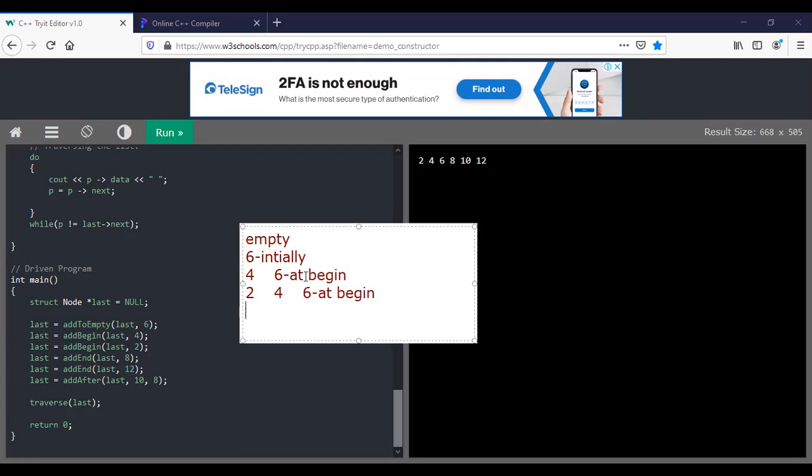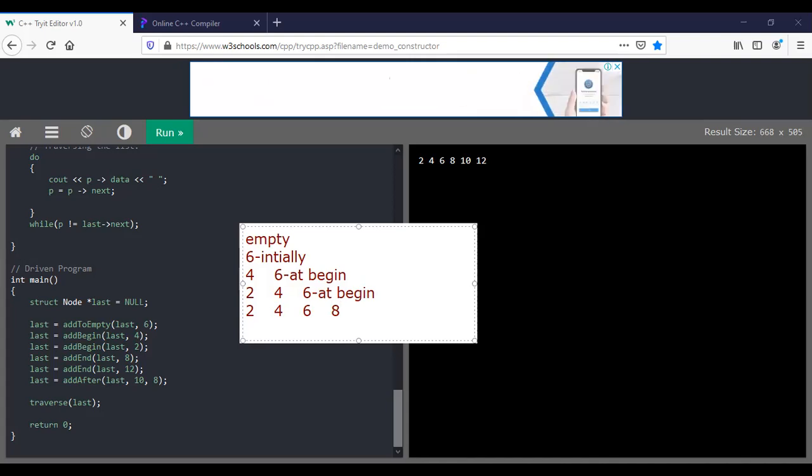And coming to the next one. Now 6 is the last one. What we are doing is adding at the end. So these are the earlier ones. Now at the end, I have to take 8. So 8 has been mentioned.